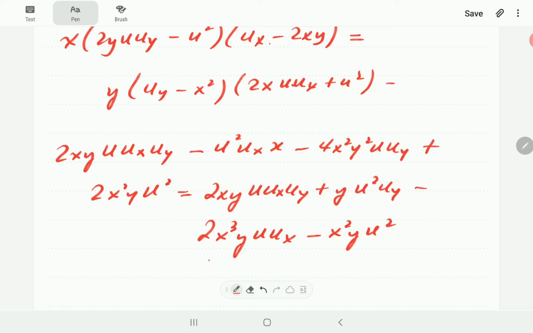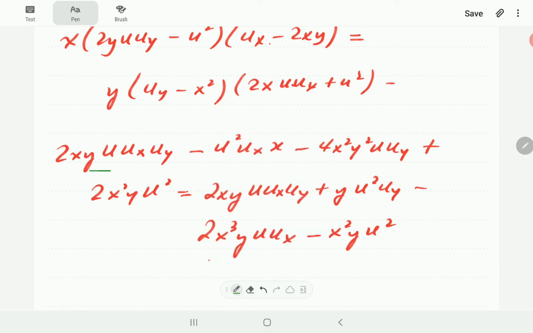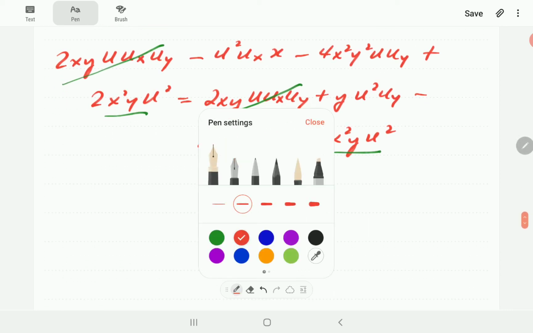All right. Now, upon close inspection of this, I'm going to notice that this term is exactly the same as this term. So those two terms cancel out. And then you're going to notice that this term is a like term to this one here. So what that means is that if we collect terms and rearrange, then our PDE is going to look as